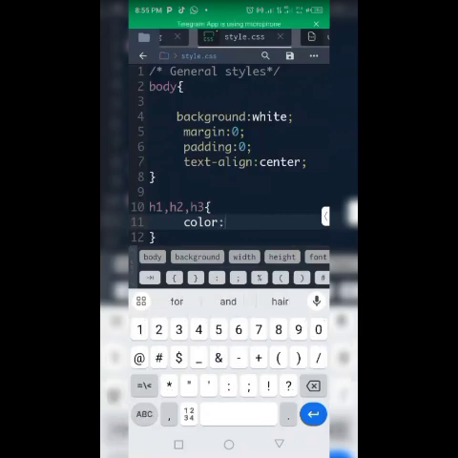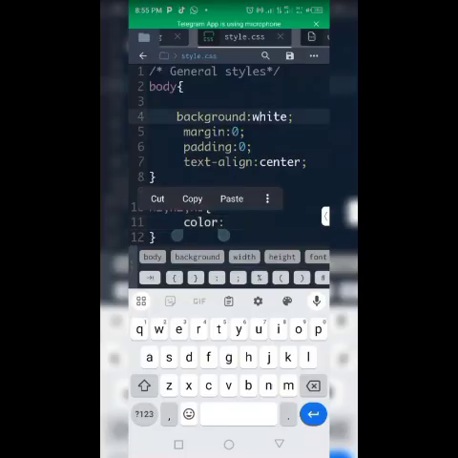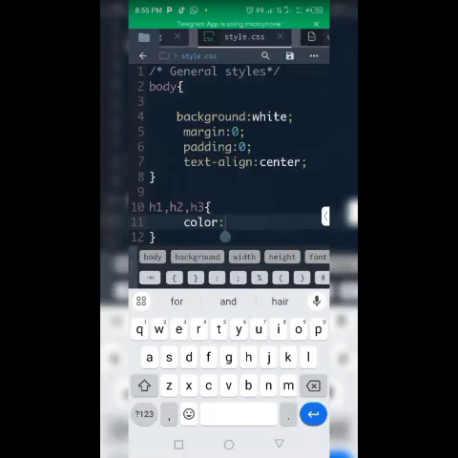So let's say that the color is orange. So let me just give color. Anytime you want to apply a text color, you use this declaration, color, which is this. This is called the declaration and this is called the value. The colon, things added at the right, is called the value. So let me give it orange and then